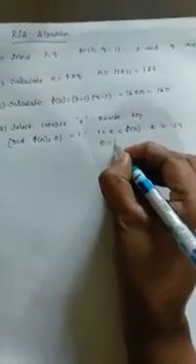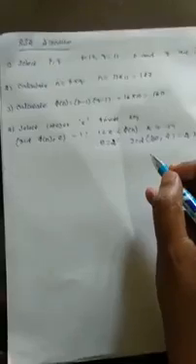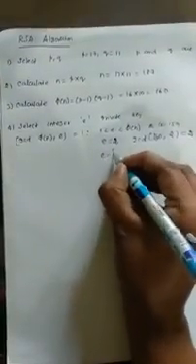Now we are going to select the value of E. The range should start from 2. If I select the value of E as 2 and compare it with the given condition, the GCD of phi of n, that is 160, and 2, is 2. So it is not satisfying the given condition that GCD of phi of n comma E equals 1. So we are not going to select E as 2. Now we are going to select the value of E as 3.